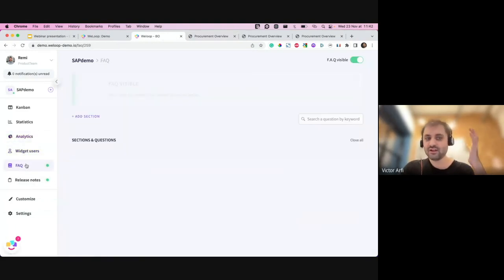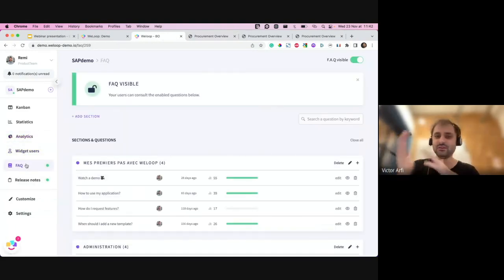Don't forget that we do shift left. So it means that the idea is to give the power to the end users about support. If you got questions that come back a lot of times, often, you can add them directly into your FAQ. And when they write their questions or their feedback, you will be able, through auto-completion, to first of all match